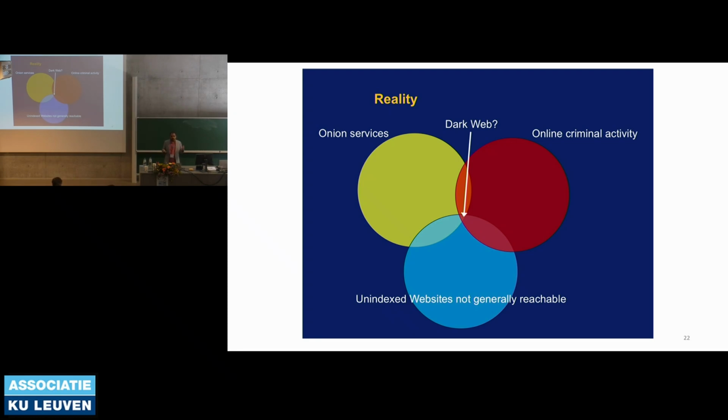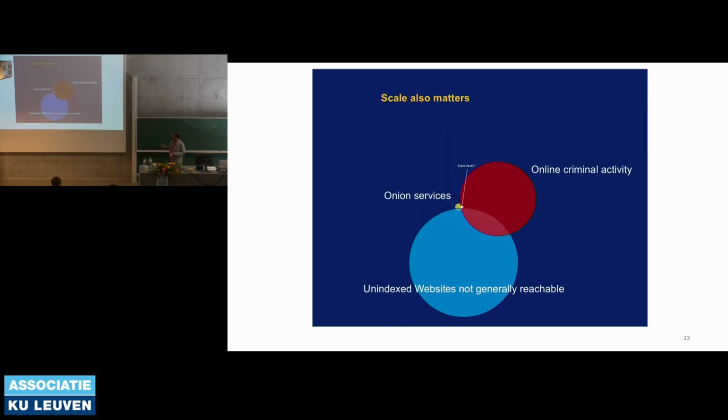Just because some service is behind Tor doesn't mean they are bad, or part of some weird activities. For example, in many cases, Bitcoin miners try to hide behind hidden services to avoid denial of service attacks, so that people cannot DOS them. And also scale matters. There are only a few thousand services behind Tor, and probably the number of unindexed websites and websites that allow such criminal activities is much larger.